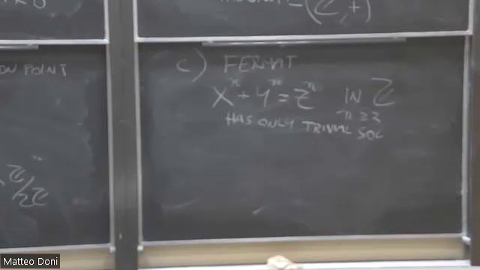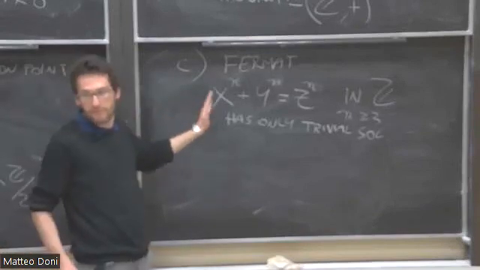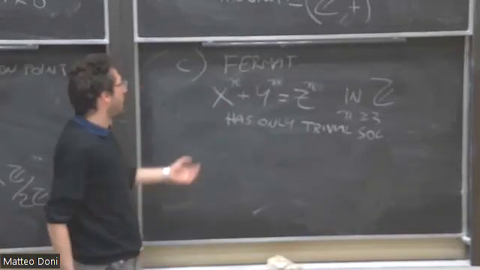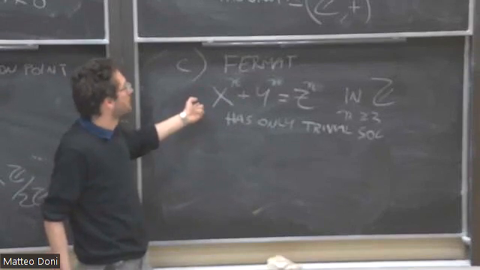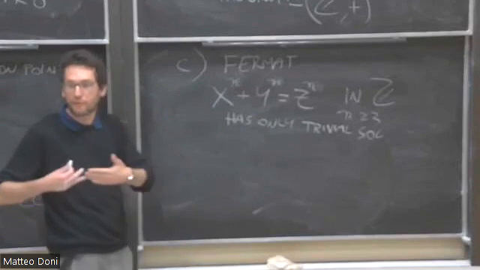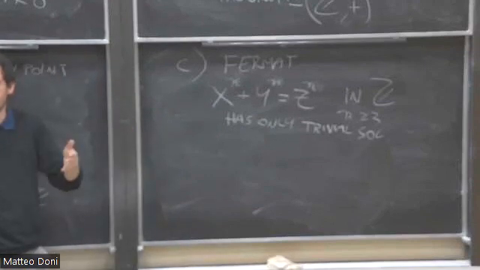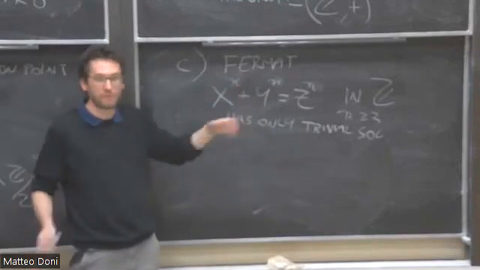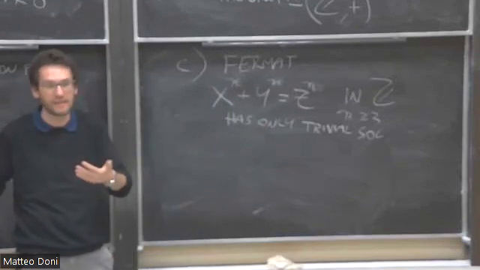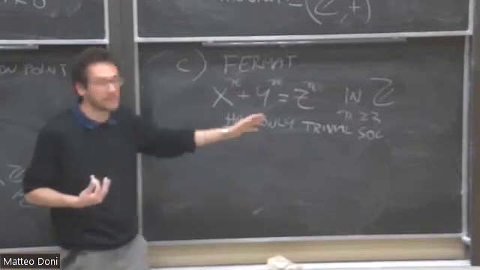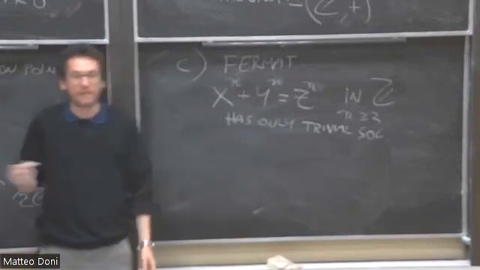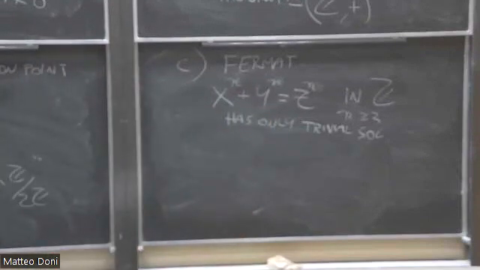Okay, so this is the classical statement of Fermat's theorem, and a first reason why this is interesting is that it's clearly different behavior from the Pythagorean theorem we have seen before. With n equal to 2, you get infinitely many solutions very easily. You raise the exponent, and already this is not true. Then we know that Fermat claimed that he had a proof of this, but the margin of his book was